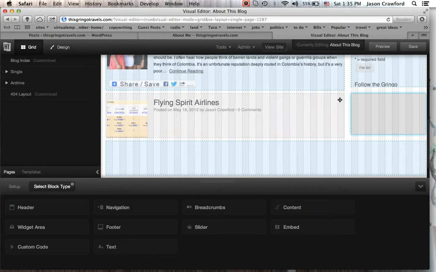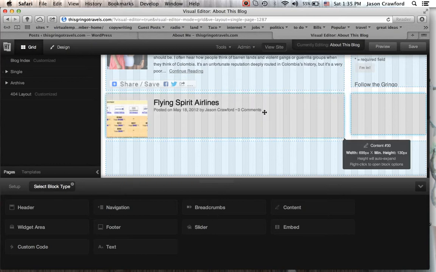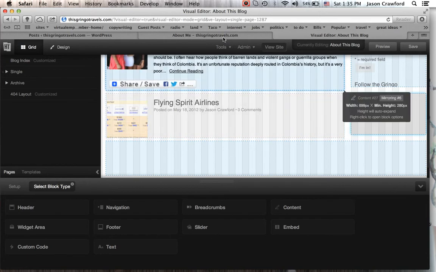They don't necessarily line up here, since they're all free flowing, with size. They don't necessarily always line up, but it's real easy to just save, check it out, and see if they're lining up exactly how you want them to. But what I wanted to show you is how I've